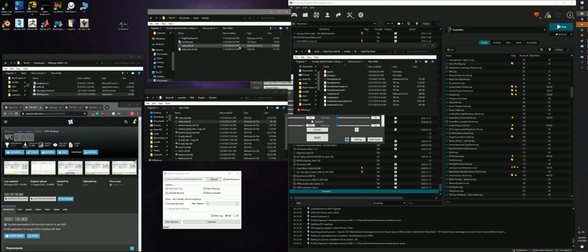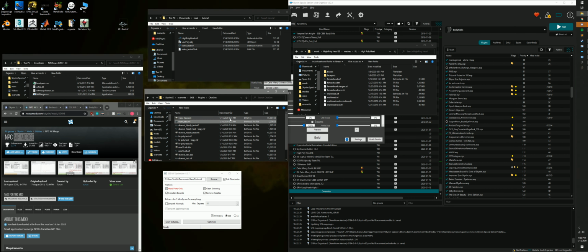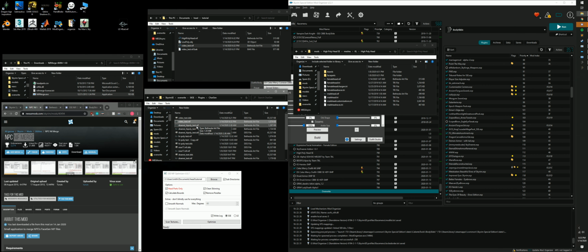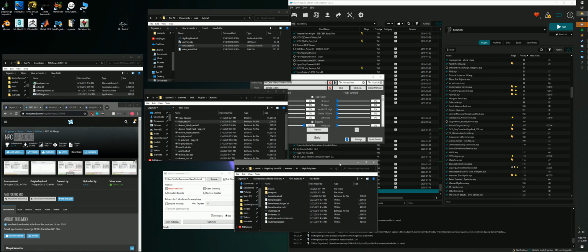Done. And you can see the time is the current time. Move this back here, replace it, and you should be done. Now I'm going to show you how to launch it in game in a bit, but I just want to do